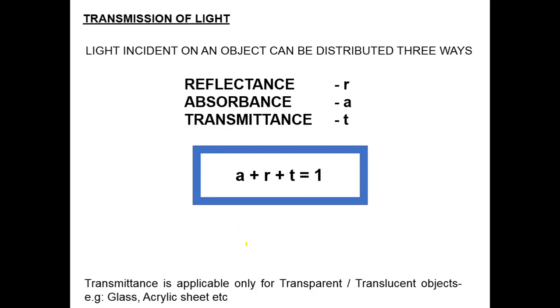Whereas any object which is opaque will have a certain amount of absorptance and reflectance, and the absorptance and reflectance values will depend on the color and the surface, etc. So it depends on the color, the surface, all these external parameters and also the properties. The light will reflect or absorb.